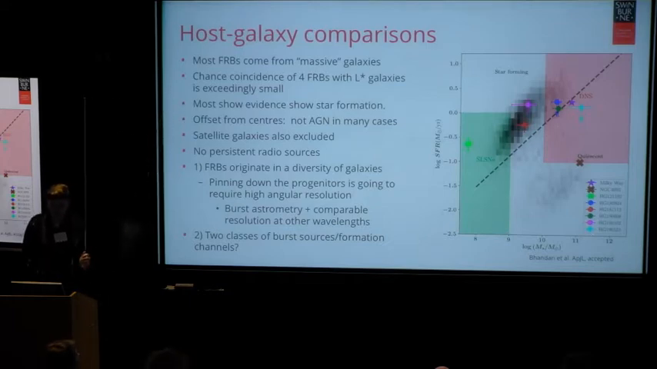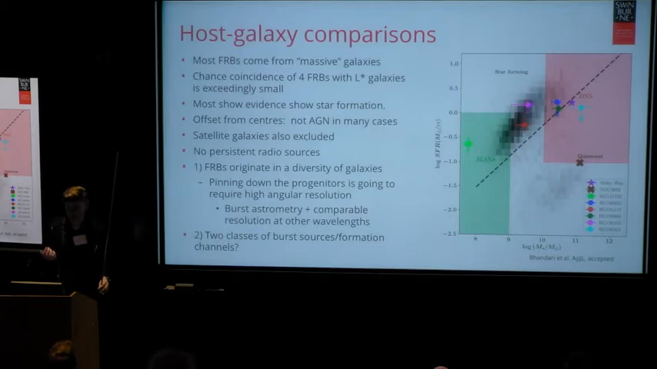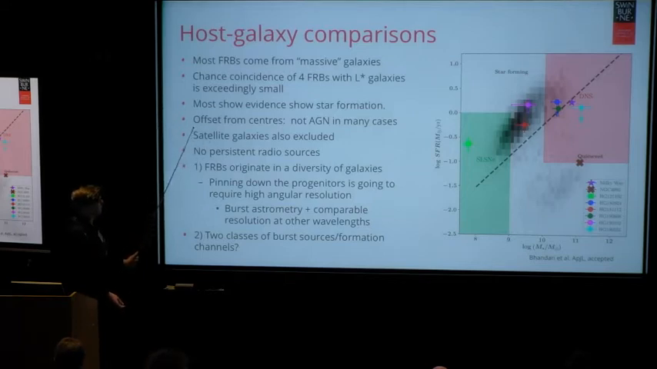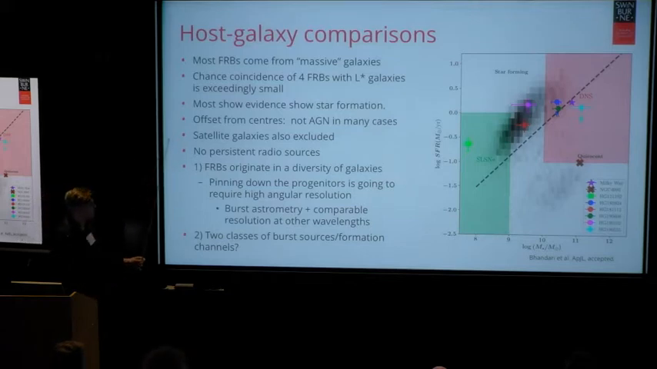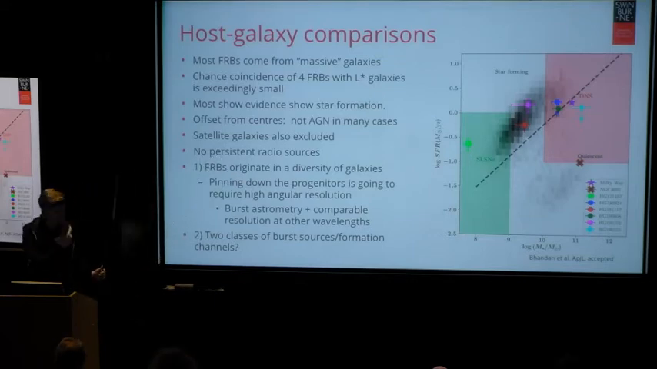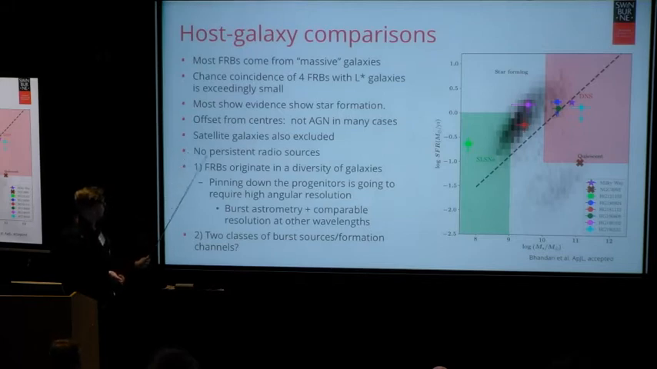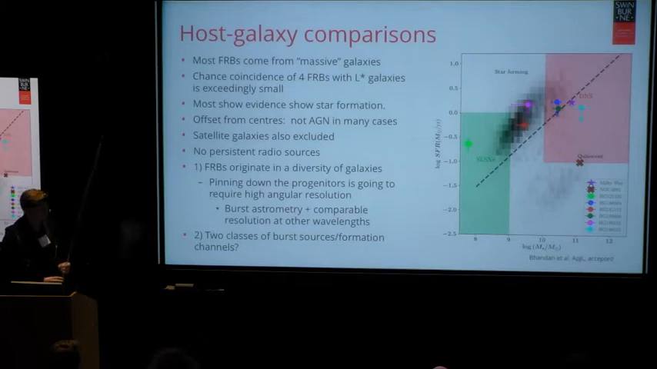From the first 4, we were coincident with massive galaxies, so the chance of that happening is exceedingly small. As I said, most show evidence for star formation. The ones where we have high precision seem to be offset from galaxy centers, so we argue that they're not associated with AGN in many cases. I think a similar argument about the associations with the L-star galaxies rules out them being in satellites, because you'd expect some of them to be way off the galaxies, but we can discuss that more. We haven't seen any evidence for persistent radio sources, despite even having galaxies at 0.1. So you're left with